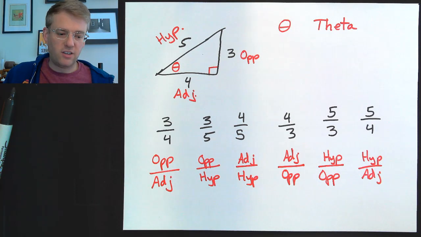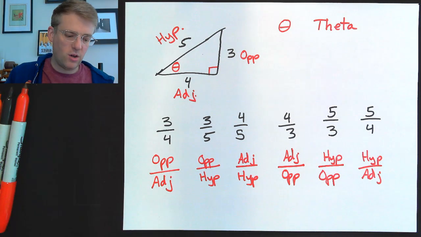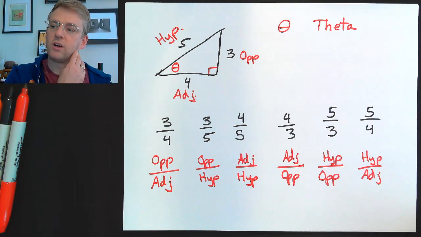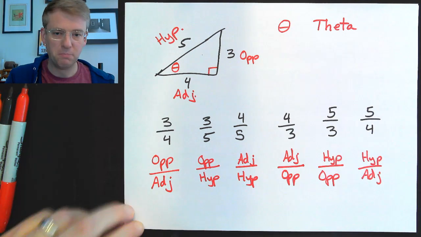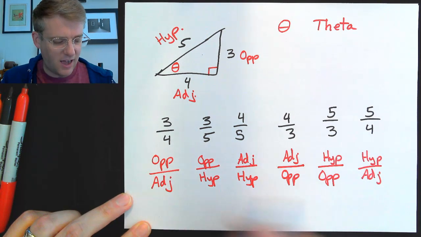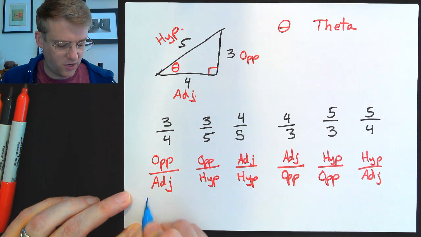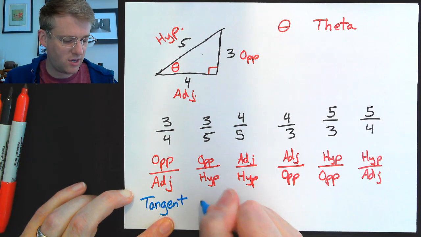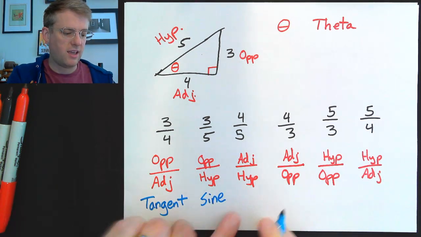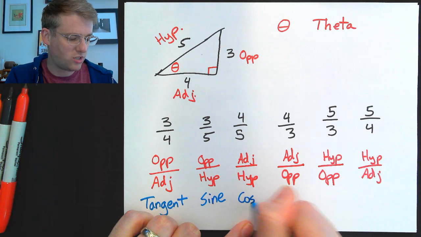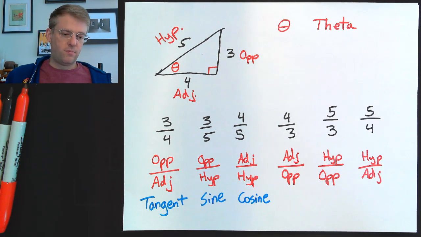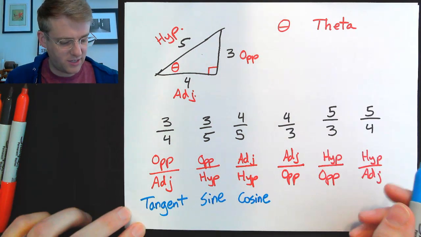These each have a specific name, but we really only care about the first 3 of them, because these are the ones we're going to work on the most. If you want to know what the other ones are called, come to my office hours and ask. Opposite to adjacent is what we call the tangent ratio. Opposite to hypotenuse is what we call the sine ratio, and adjacent to hypotenuse is what we call the cosine ratio. You've probably heard in a full-length geometry class the phrase Sohcahtoa,